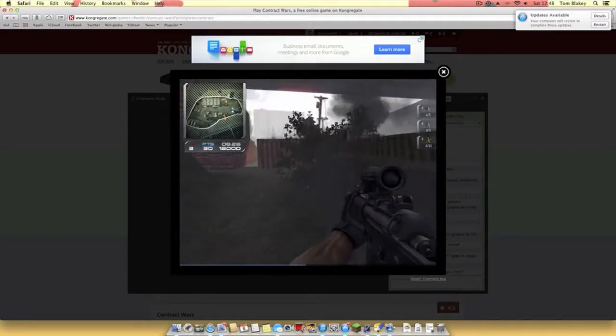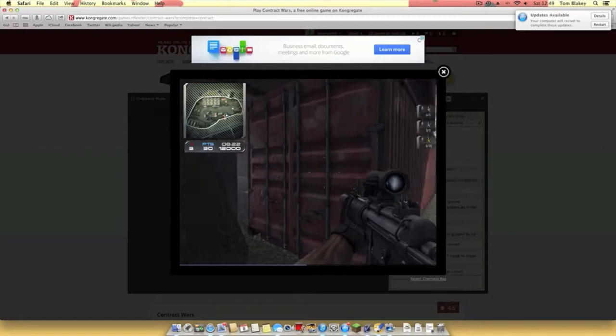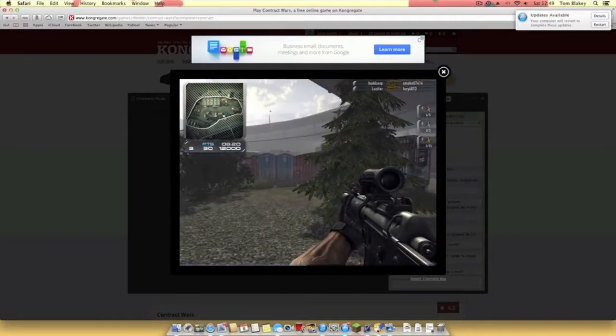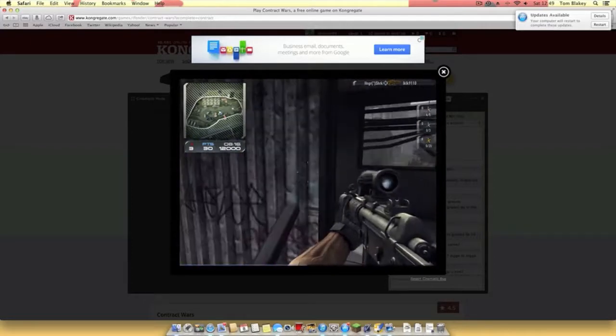So if it asks you to log in again, change it to a username you remember, because it will set you one. Just get rid of that one. Then obviously put your password in. So here,